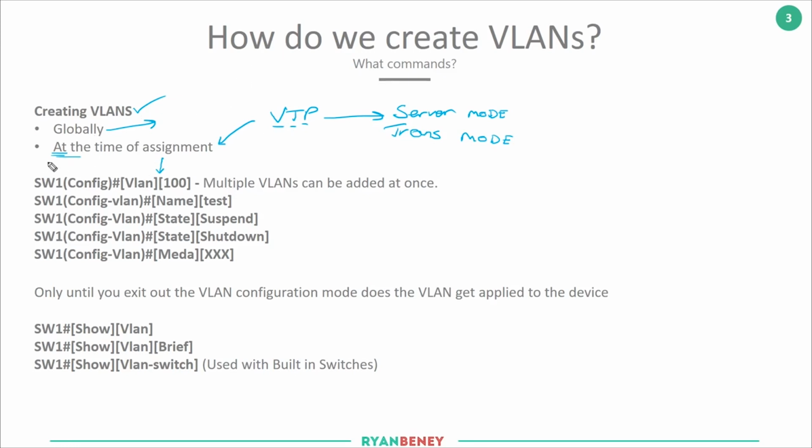Now, what do I mean by at time of assignment? Well, previously I said that we've created a VLAN, but we didn't assign any ports to it, and all of our ports remained in VLAN 1. Well, what you can do is go onto an interface and make the interface part of a VLAN that may not actually exist. So for example, I might go under gig 0/5 and make it part of VLAN 100. But because VLAN 100 doesn't actually exist, the switch is clever enough to create that for me. So to give you an example of that,